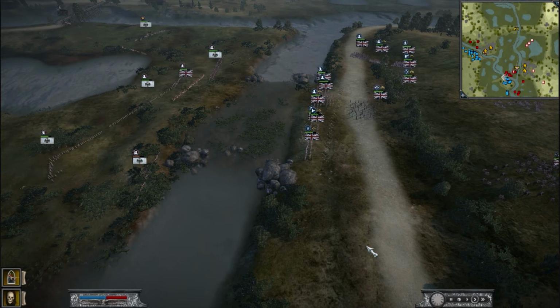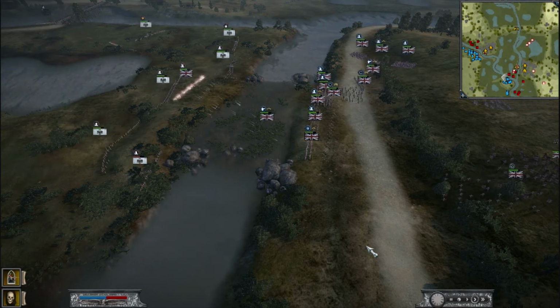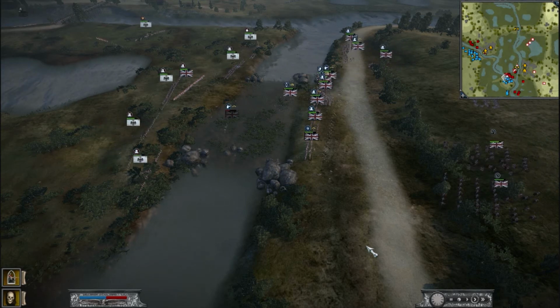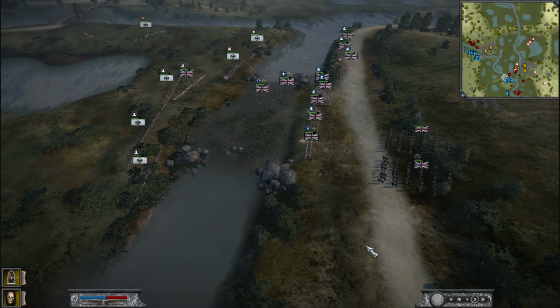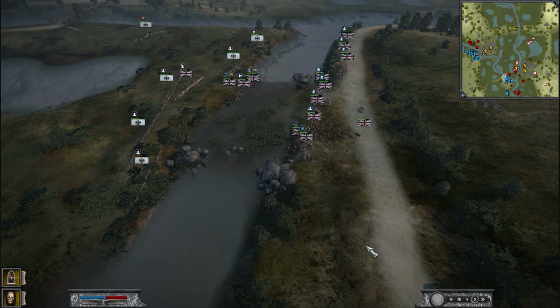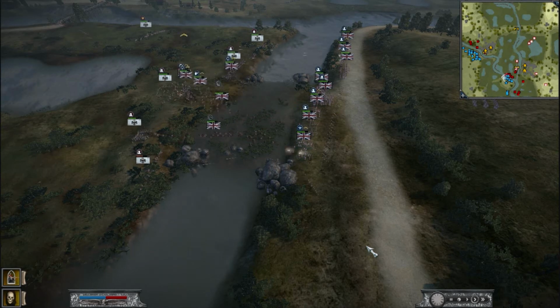And again, the ammo-less light infantry comes in to do their meat shield work. And everybody pushes everything they've got in at this point. Here comes the cav. It felt really good to actually get our cav involved. And this is actually an important part of the battle, to get our cav involved, because they theoretically could have